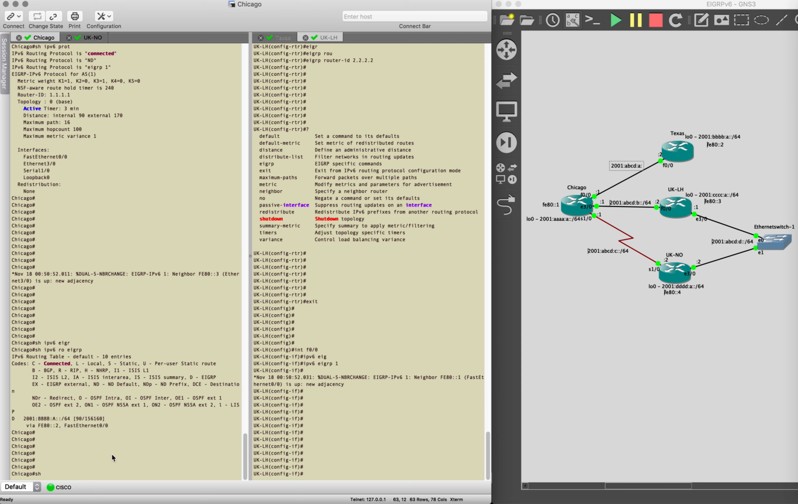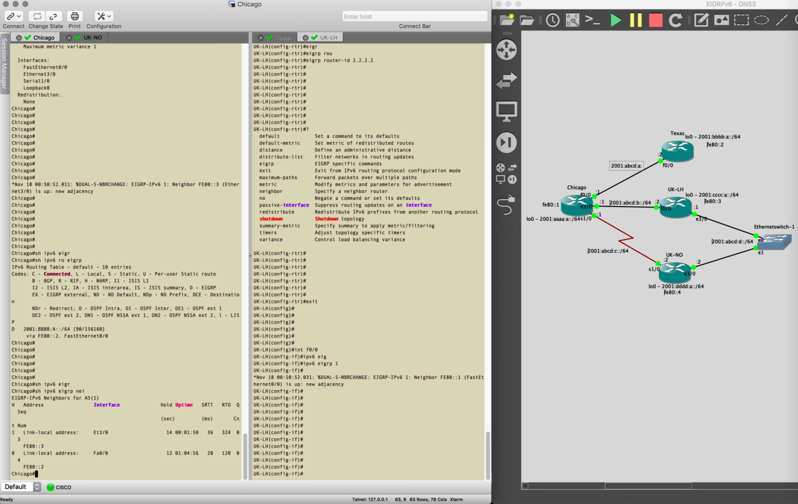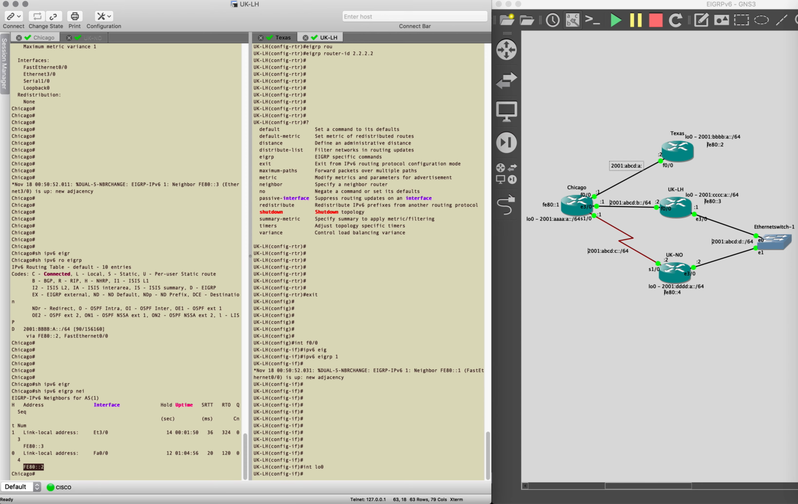But let's check the neighbors to make sure that the neighbor is not just running the route. So sure, these are the EIGRP neighbors. As you can see, FE03, which is this, is now a neighbor. FE02, the Texas, is also a neighbor. So the router ID for this guy should have been 33, but it doesn't matter. So now let's include the loopback interface in the process